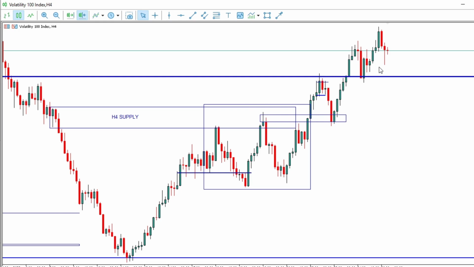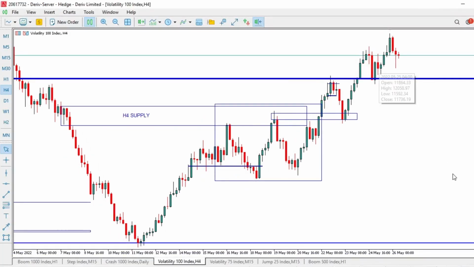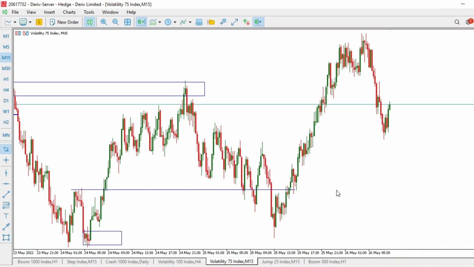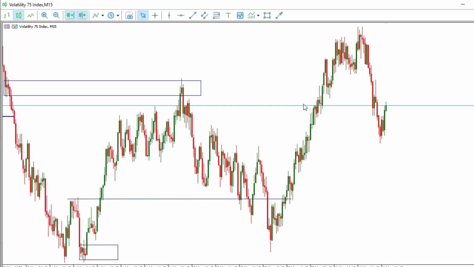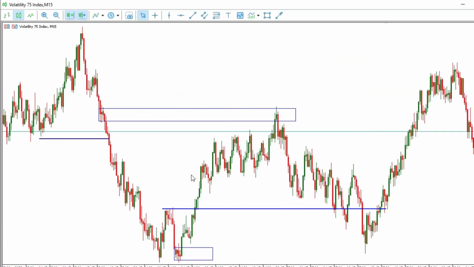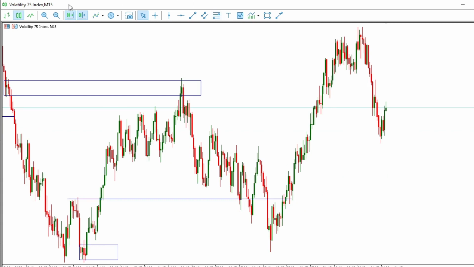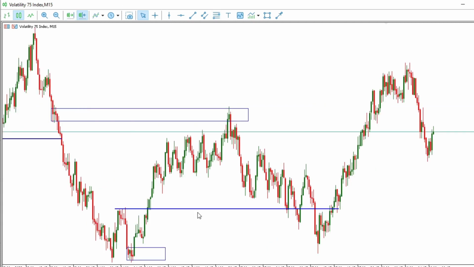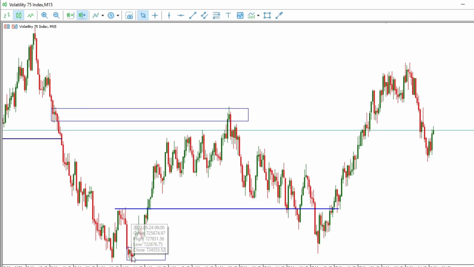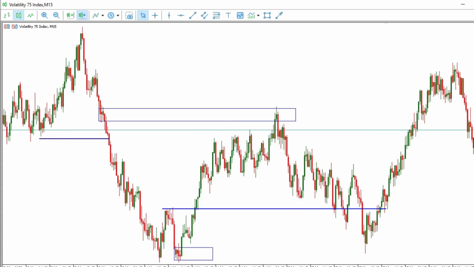But now I want us to use an example of what happened on VIX 75, whereby the market moved in such a manner, and then we are going to see how you should be careful with this. You get? So now we can see that the market here wasn't really so perfect the way it is on VIX 100, but we can see that the market was trending down. We get a low, and then we failed to create a new lower low. You get? We got a double top here. After us seeing this, we see that the market shot up high.